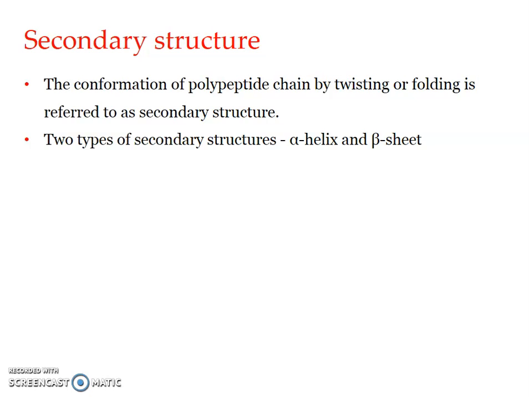Okay, the amino acids are located close to each other in this kind of structure formation, and two types of secondary structures are identified: alpha helix and the beta sheet. Okay, and you can see